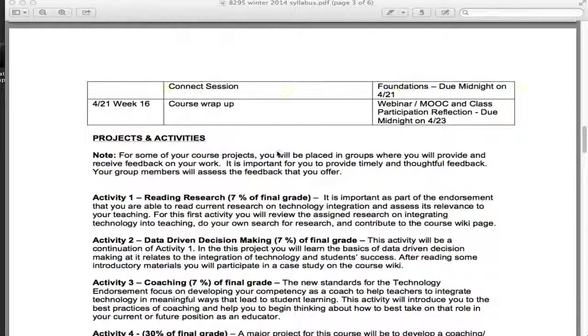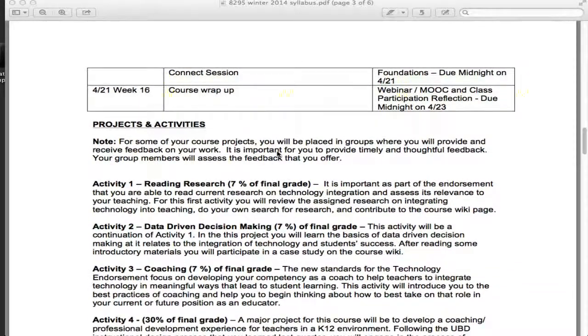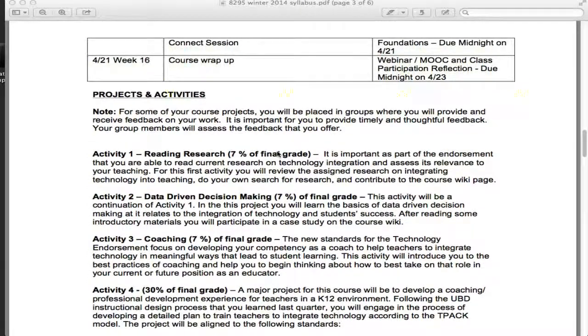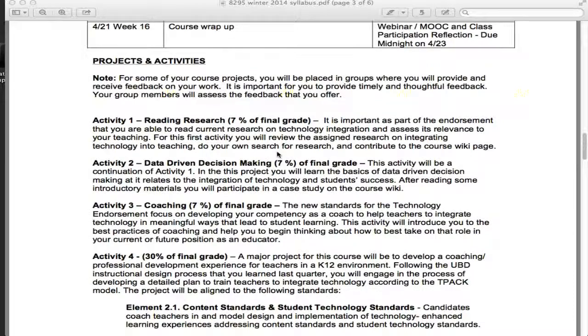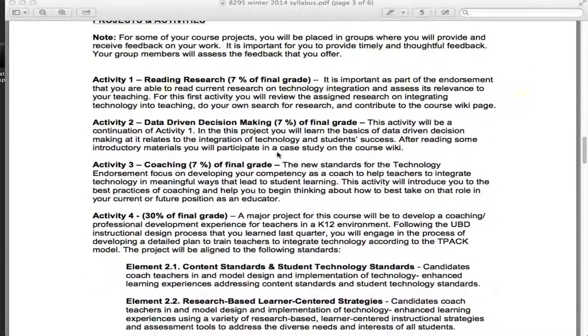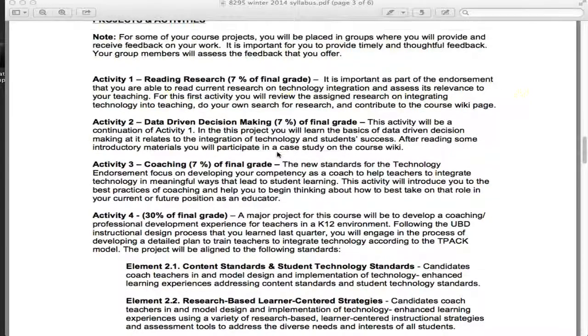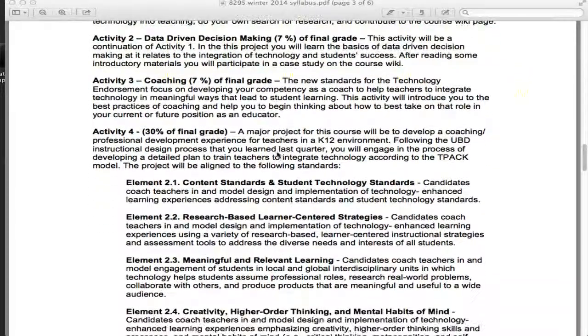These activities are described in a little bit more detail here in the syllabus, but I always provide much more detailed descriptions in Carmen. So this is just meant to give you a sense of it, so that I don't want you to look at this and think, well, this doesn't tell me much about what to do. You'll get quite detailed instruction, as you'll see in week 1. You'll see in activity 4,